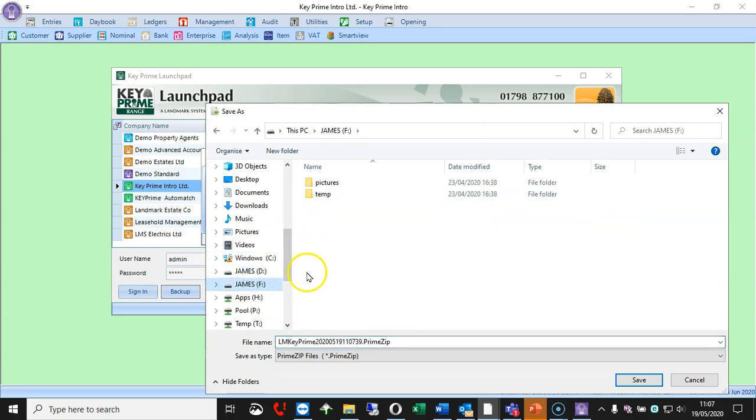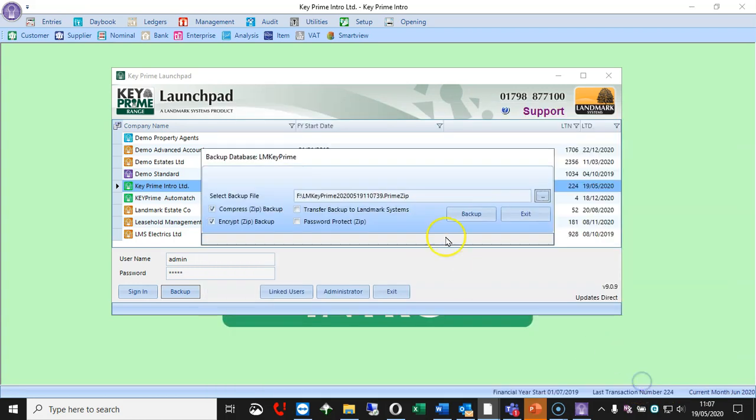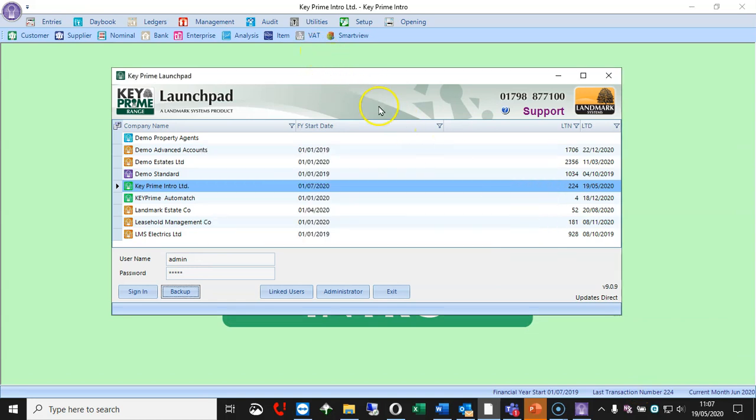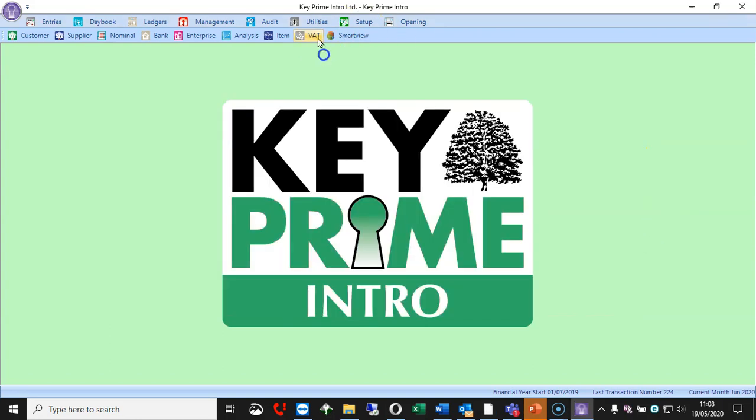I've got one there, and save it to there, and that will put it onto the memory stick. So it's just a question of changing where you want it to back up to here. And again, when you run the year end in the program, when it says when you want to do a backup, that also has the option to save it where you want to, so that could be your USB stick as well.